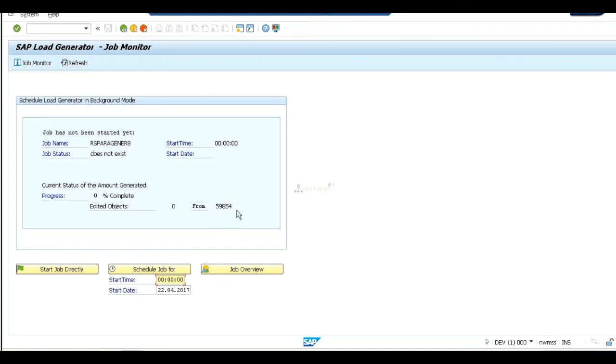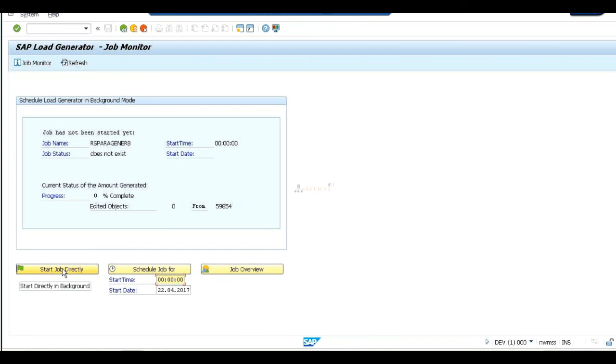Once these objects are compiled, after successful completion of the load generator, whenever I execute a T code, immediately you will get the output. No need for compilation again.